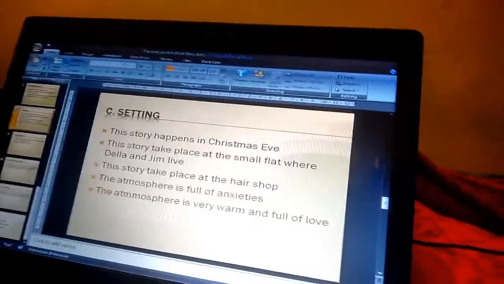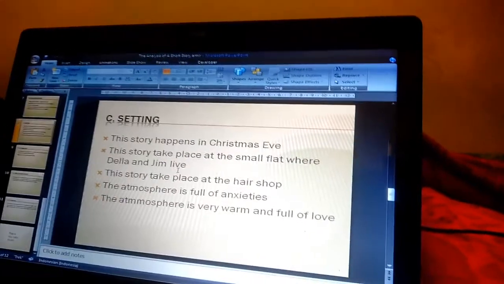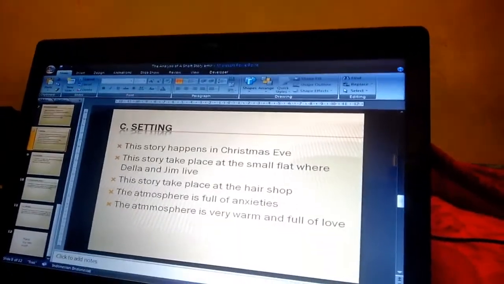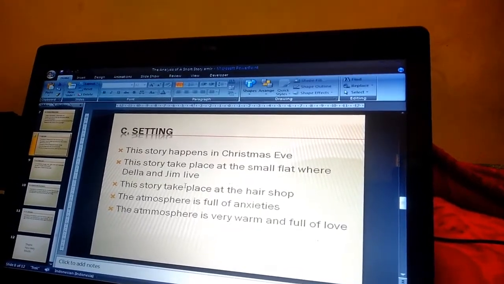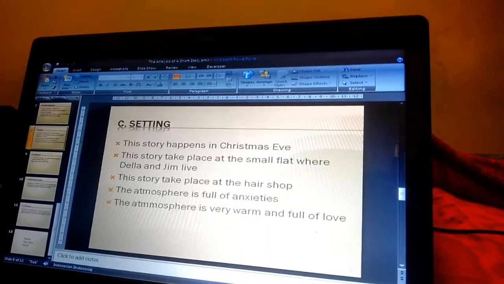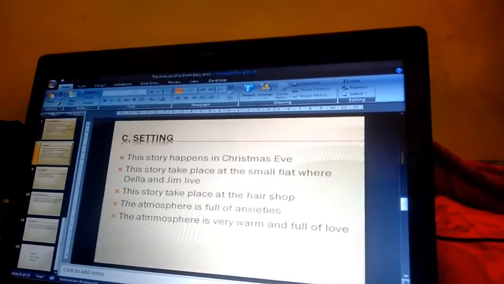And this story takes place at the small flat where Della and Jim live. This story also takes place at the hair shop when Della tries to sell her hair and get the money for